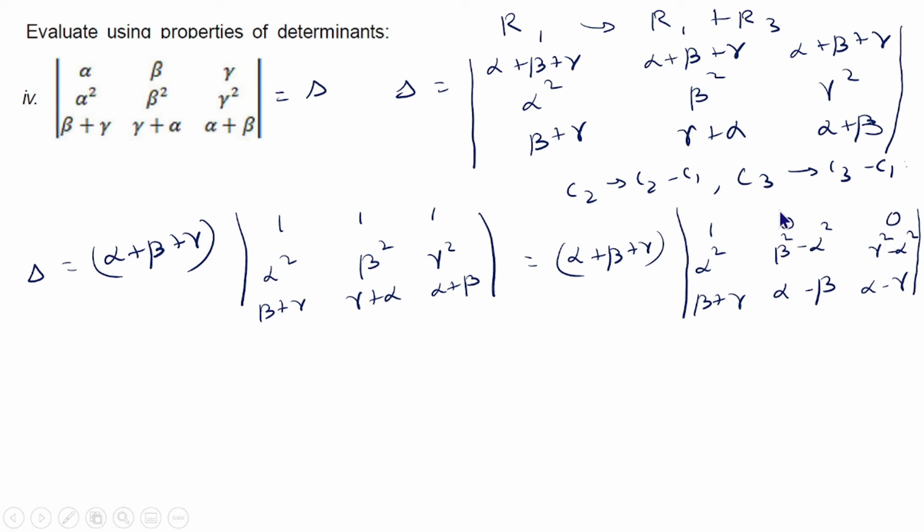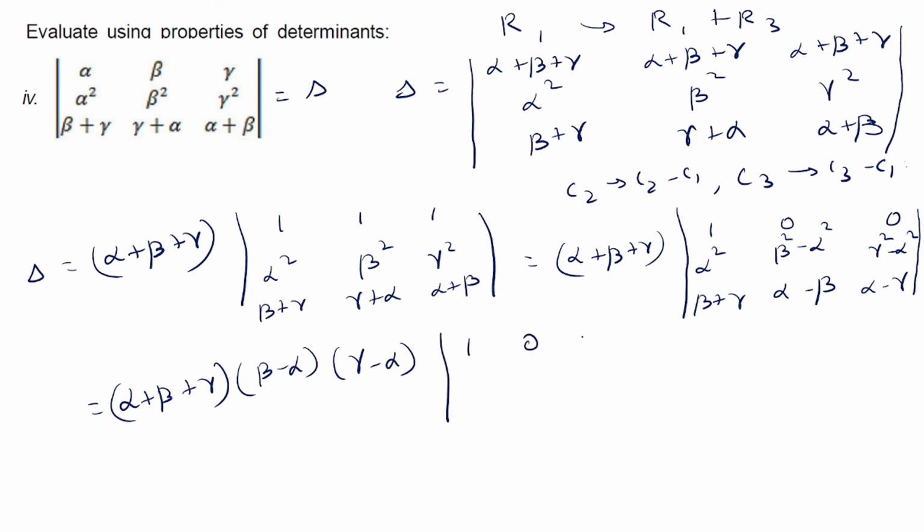So here, from the second row, beta minus alpha is common. From the second column, beta minus alpha is common, and from the third column, gamma minus alpha is common. These two can be taken outside. So this is equal to alpha plus beta plus gamma into beta minus alpha into gamma minus alpha,